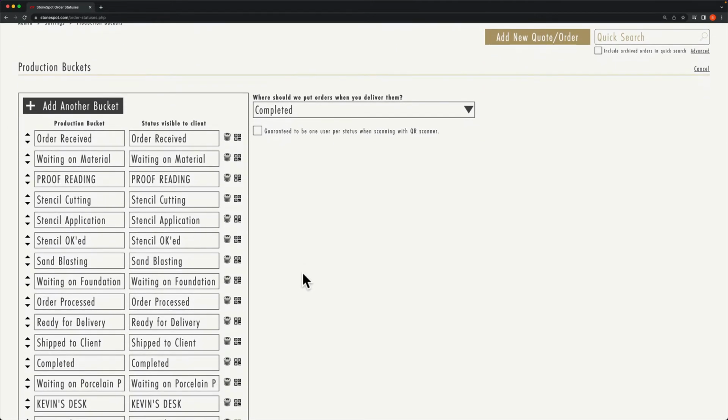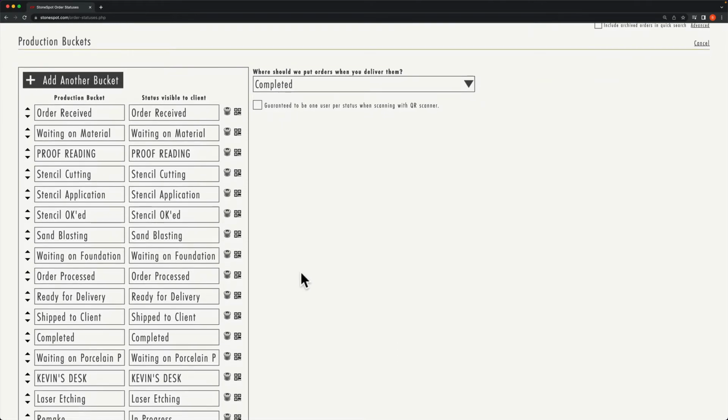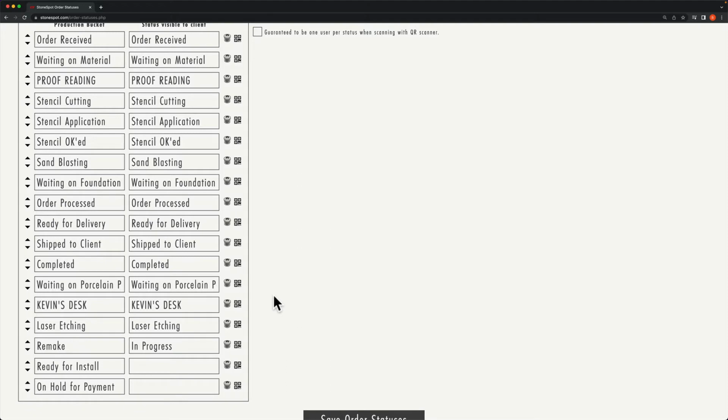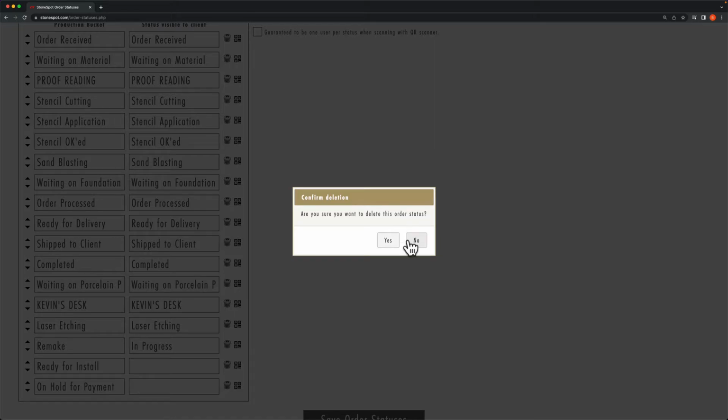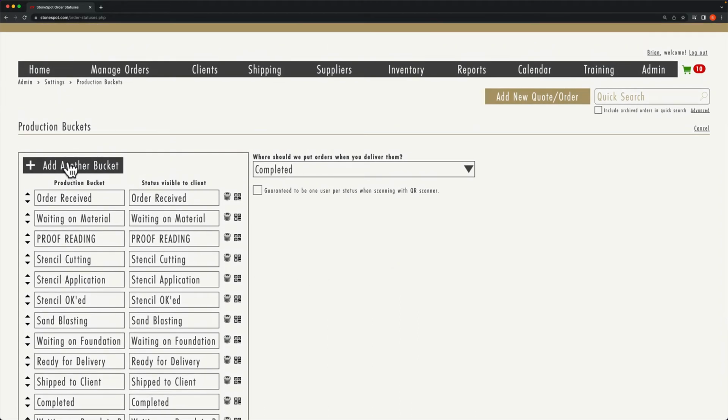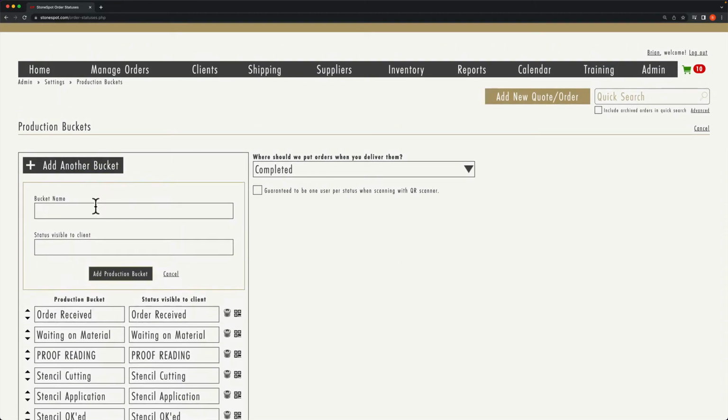And here is a list of all of our current production buckets, and of course we can remove a bucket if we want to. So maybe we'll remove this order processed, and we'll go ahead and get rid of that. And then we'll create a new one. We can create a new one right here by clicking on Add Another Bucket. And we'll call this one